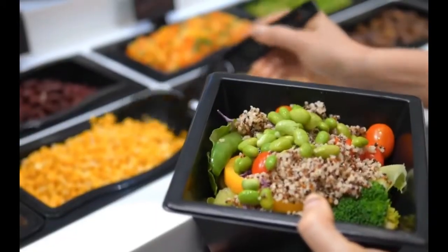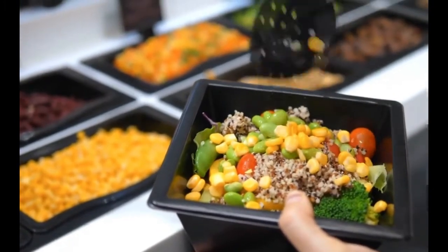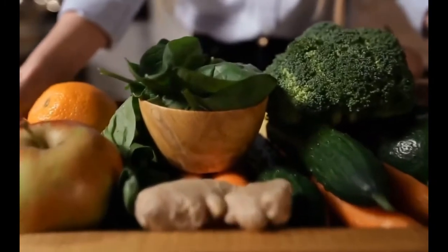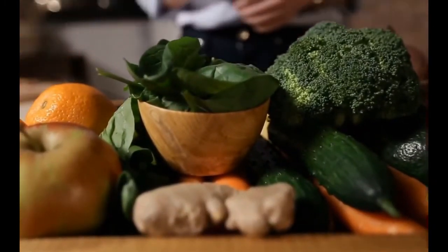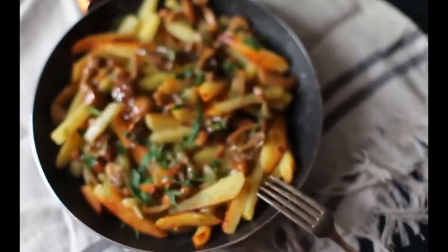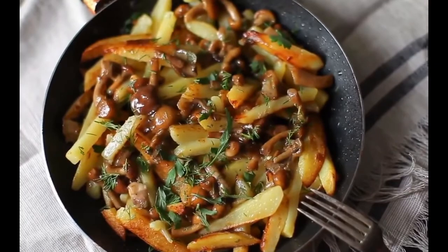some flavor combinations that'll not only help you eat more vegetables, but they're going to make those vegetables taste amazing. And I promise you that each one of these flavor combinations can be found in most grocery stores, won't take any time at all to put together, and not be expensive. And the bonus is that you're going to save a ton of time because there's no prep needed and no